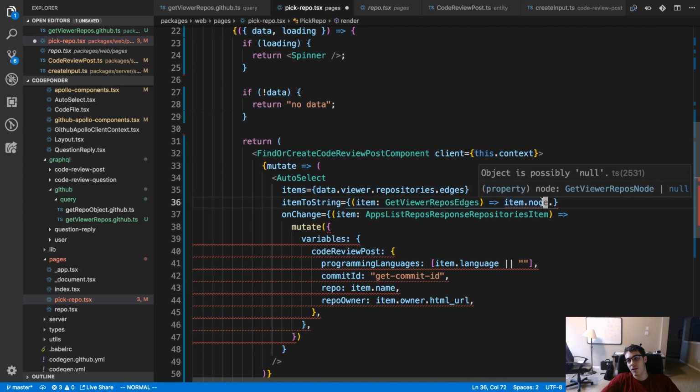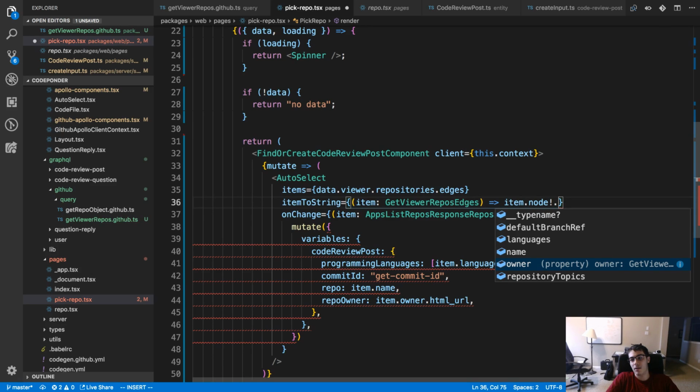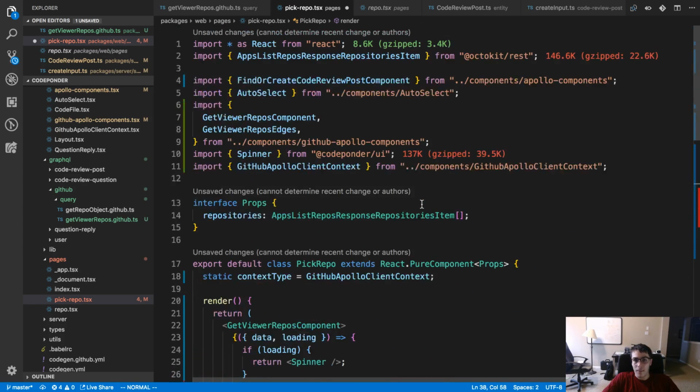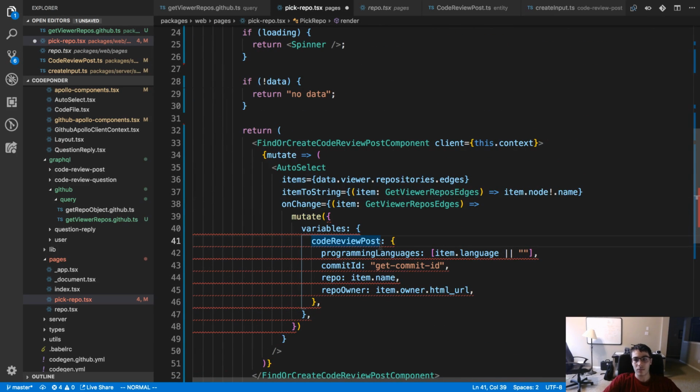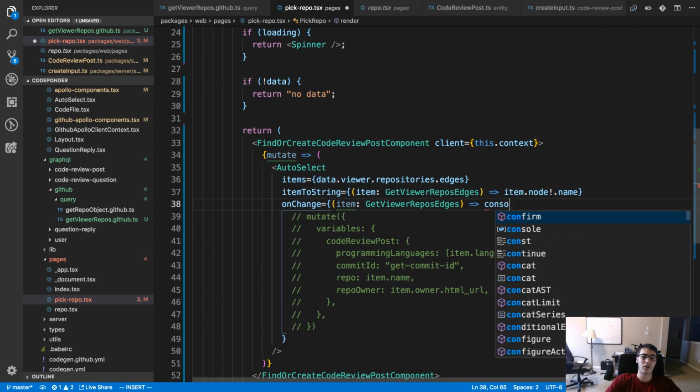Node possibly undefined. I think I'm going to assume that node is defined. So let's just see if this works.